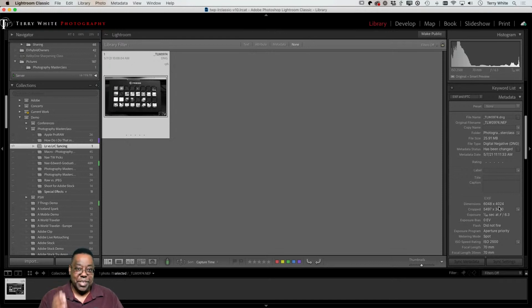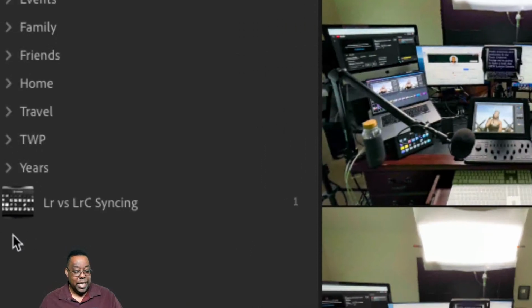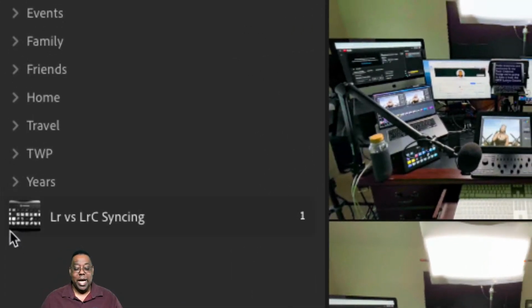Same features, still gets new updates, still gets new features, still gets development, but the new one is the new one. So if I pop over to the new one, there's that photo. And look, at the very bottom of the window here on the left-hand side, there is that collection I made, Lightroom versus Lightroom Classic syncing.